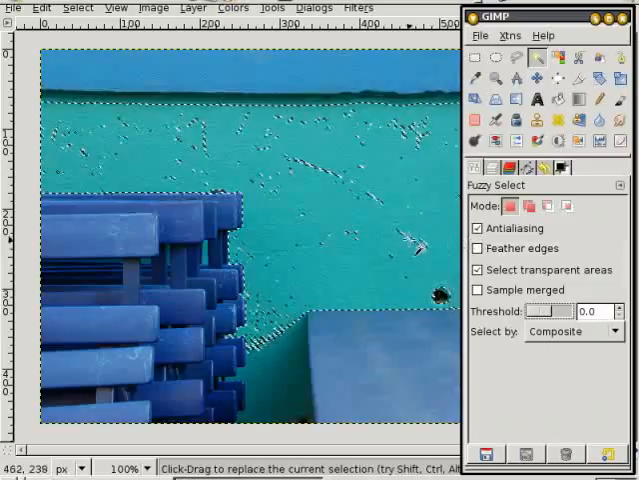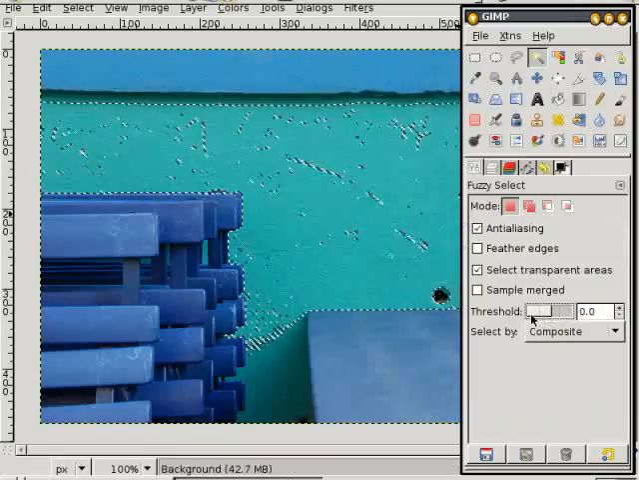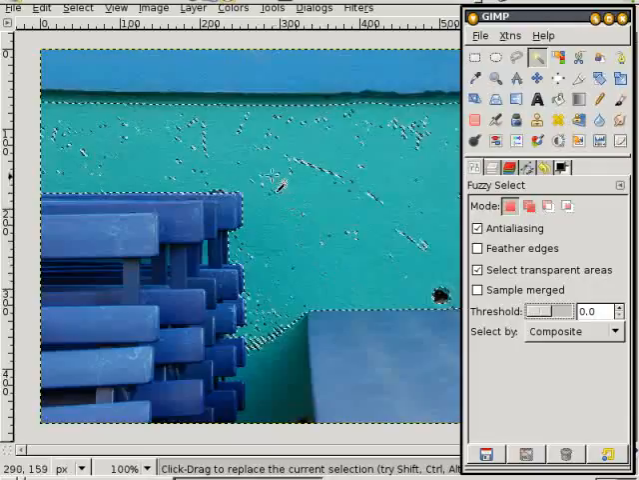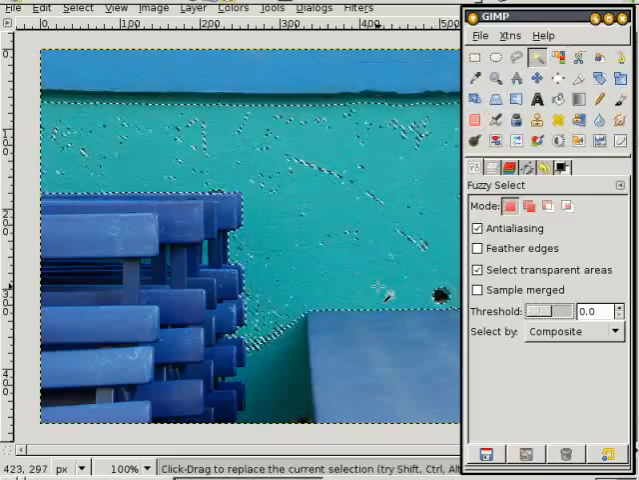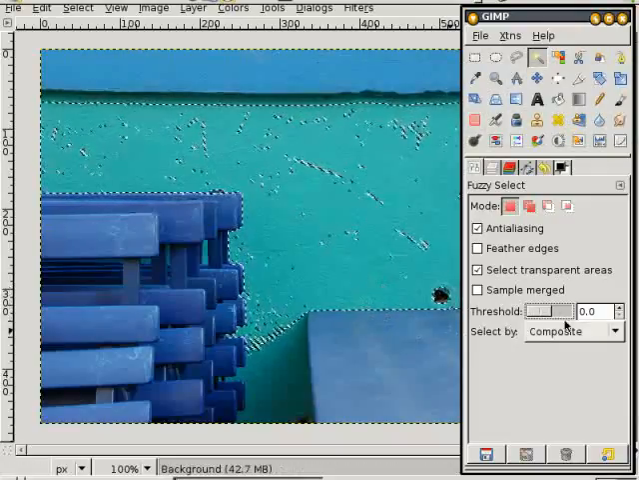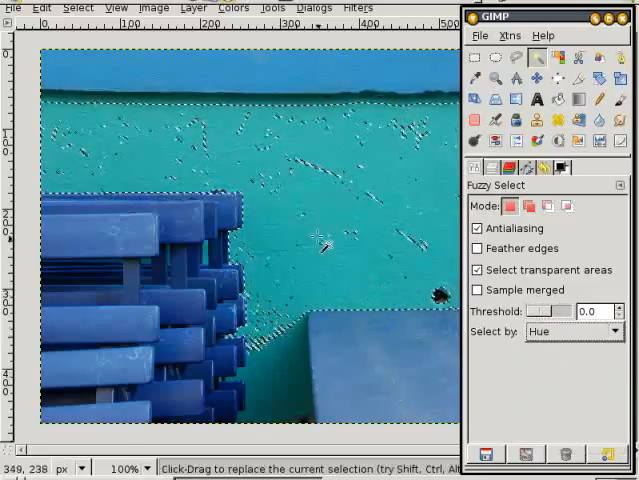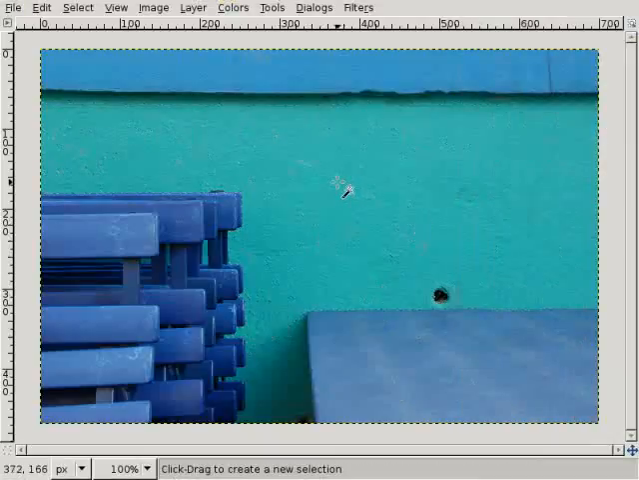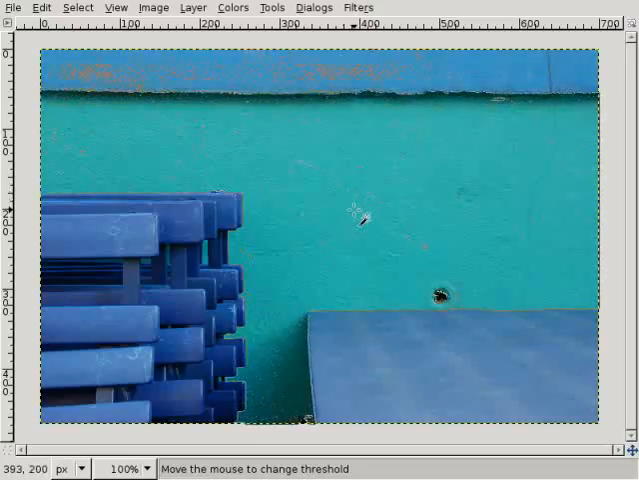So back to my tool here. You can change the threshold by just pulling the mouse to the right or down, increase, or back to the left or top. This works the same in the color selection tool too. Okay, select by composite. Let us select by hue. I try to click at the same point and draw to the bottom, and you see here I have